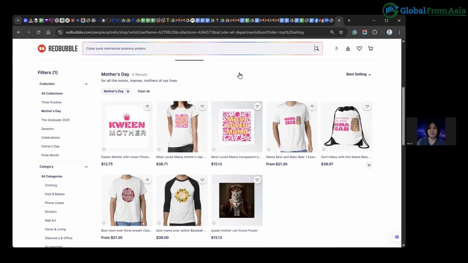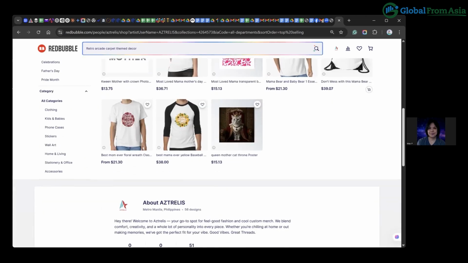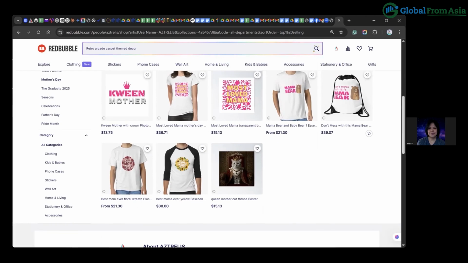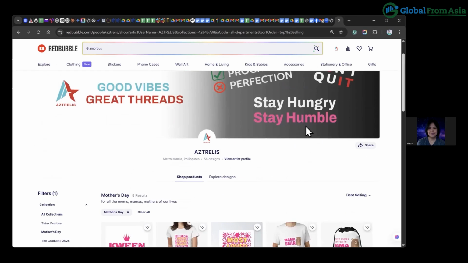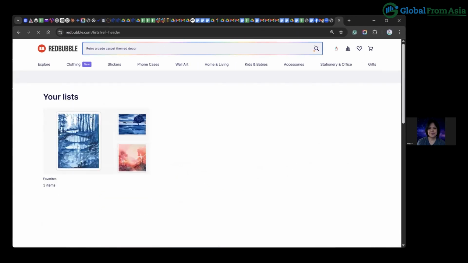Yes. So as Nap mentioned earlier, you have to be aware of current trends. So I research what the monthly trends are. Sometimes I also look at Google Trends. You also look at what's trending all the time, because for my store, what's selling is memes. And on Redbubble, it will also show who liked the designs.